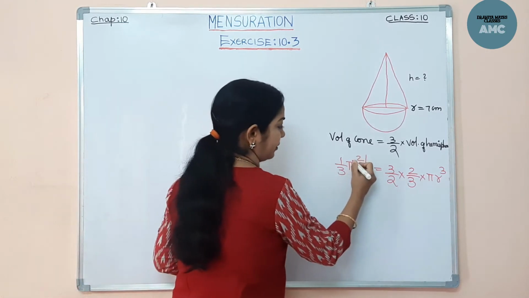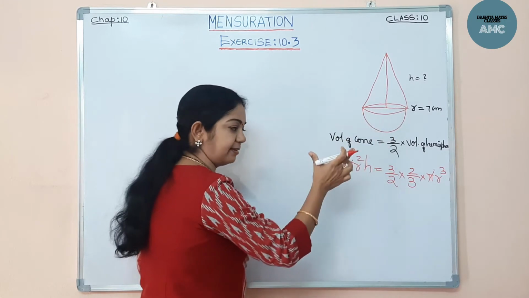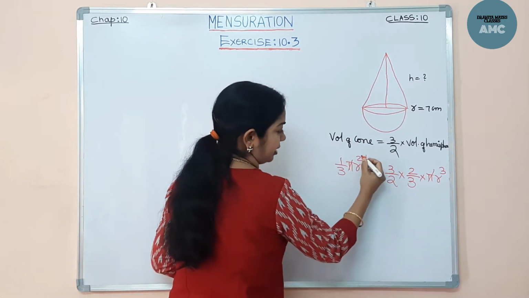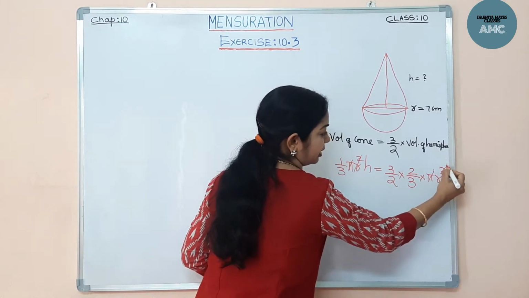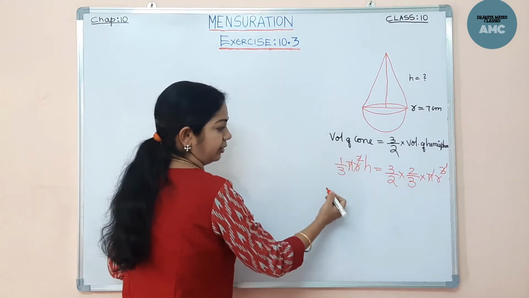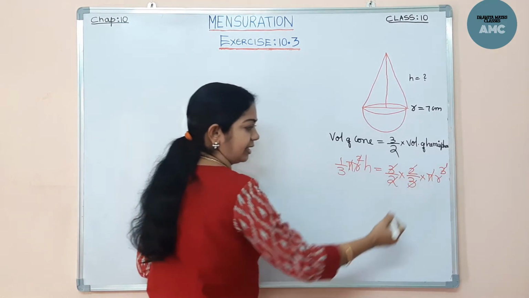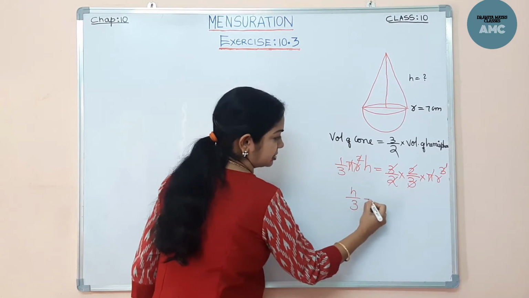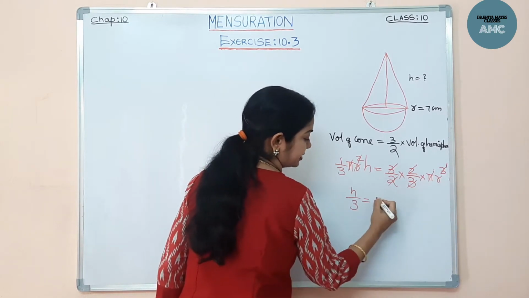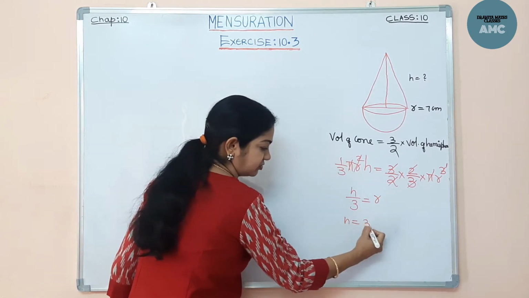See here, pi value I can eliminate. Also r, because they have the same base, so I can eliminate r here. R square here, if you take 2 out, 1 r remains here, and also here if you cancel 3 and 3, 2 and 2, all will be cancelled. Now here we get h/3 is equal to only r, that is r. So clearly if you cross multiply, 3r.